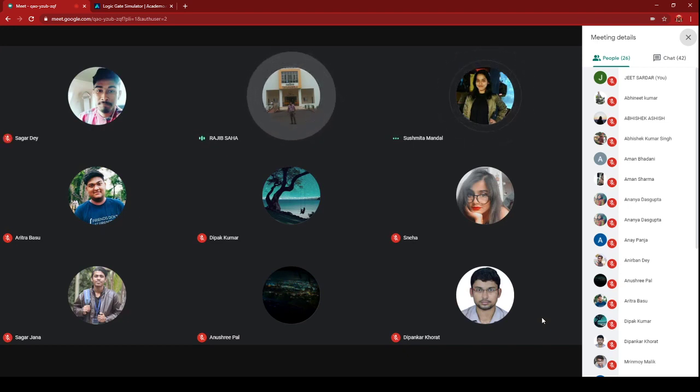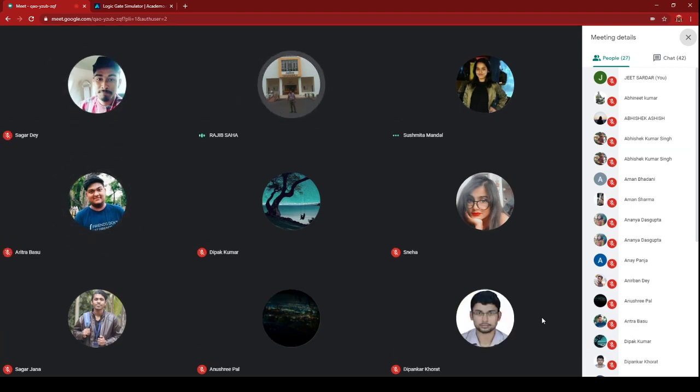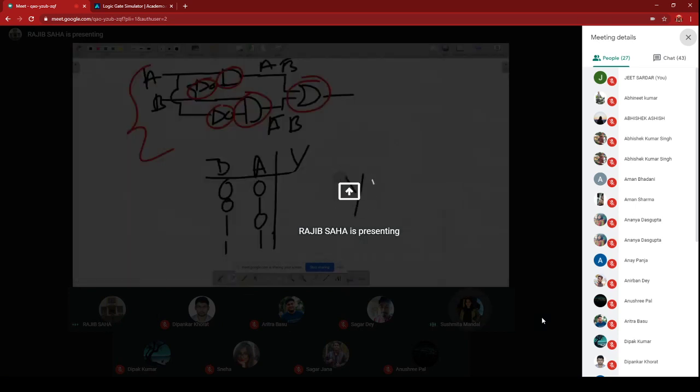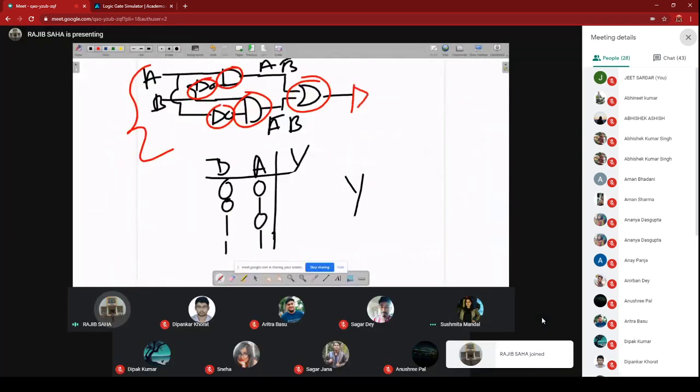Okay, so you can see that this is basically our XOR. In front of this XOR, if I put a NOT gate, it becomes XNOR. Now what is the function of XNOR?